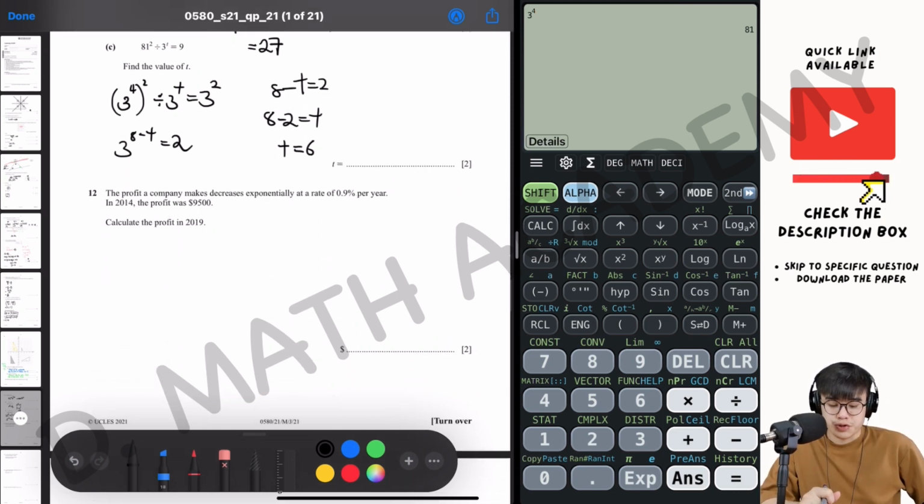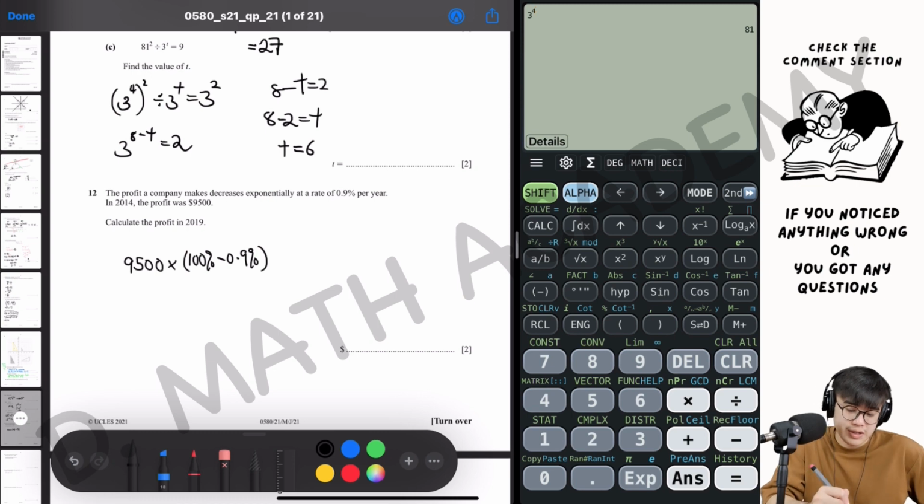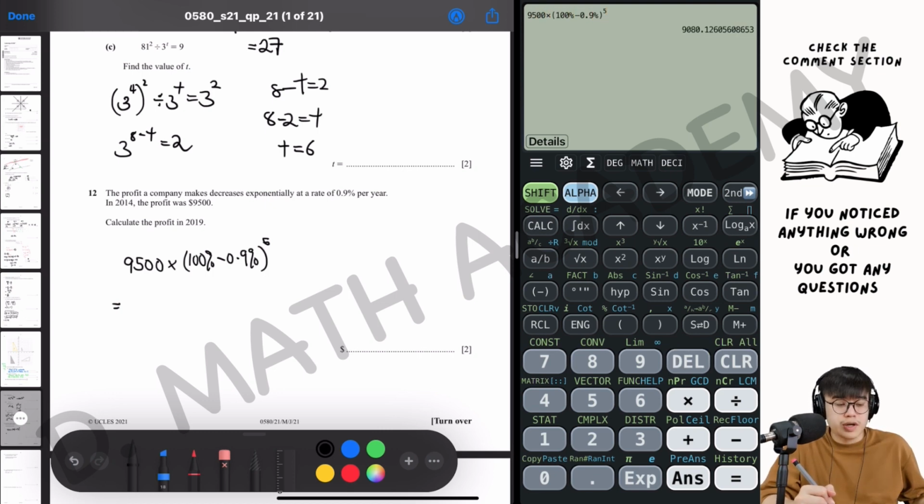Moving on, we have our question 12 here. The profit of company Mix decreased exponentially at a rate of 0.9% per year. In 2014, the profit was 9,500. So from 9,500, okay, keyword here is decrease exponentially. So 100% minus 0.9%. And then from 2014 to 2019, the difference here is 5 years. So with that, key in your calculator, you should get your answer as